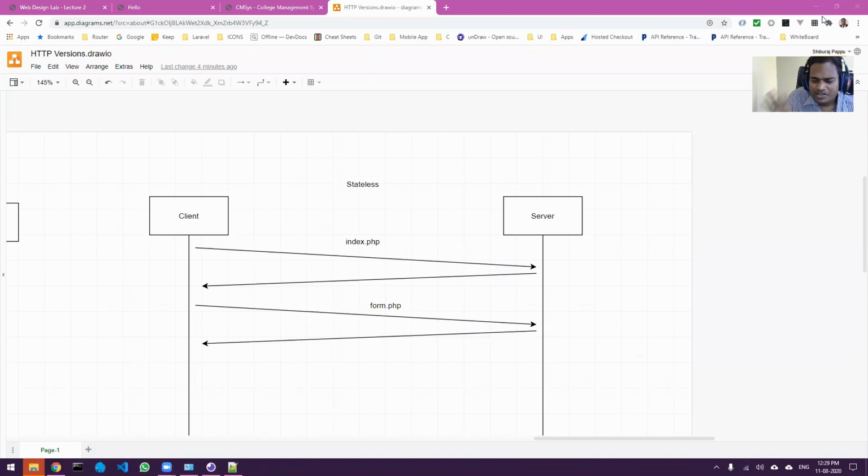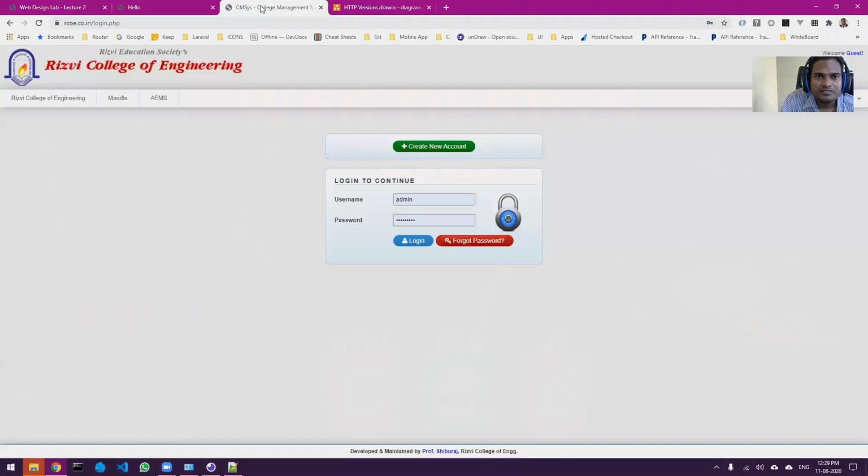So I hope you have understood these things and how the HTTP protocol is stateless. It is very important to understand that HTTP protocol is stateless, and it is mandatory to save the state somewhere. If you do not save the state, then to access every page, you will have to log in, if there is some login form, something like that. So I think that is it. And we will now switch to our practical part, that is